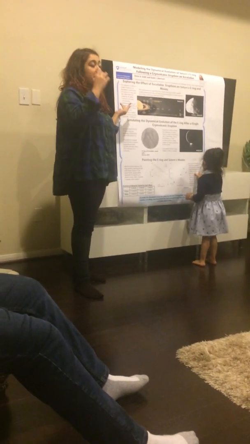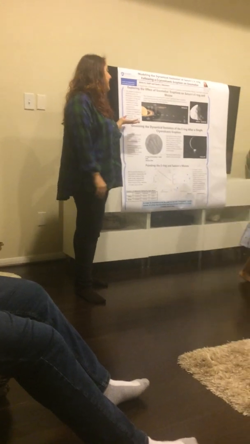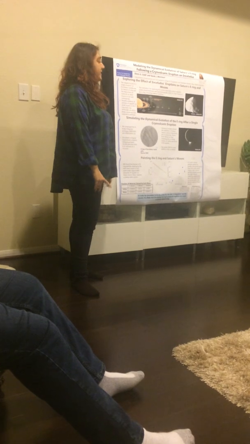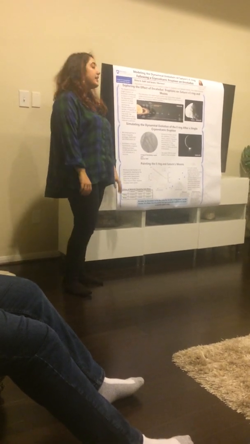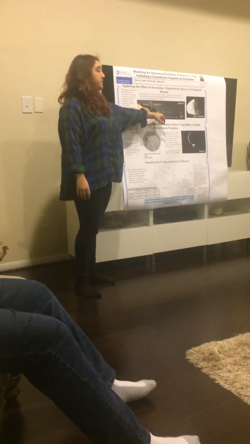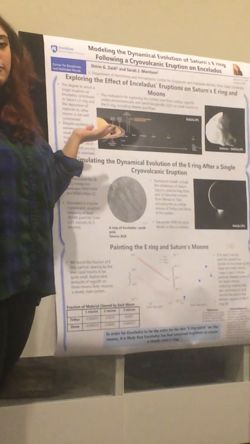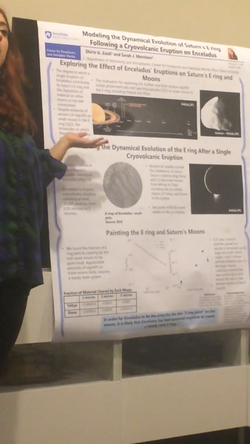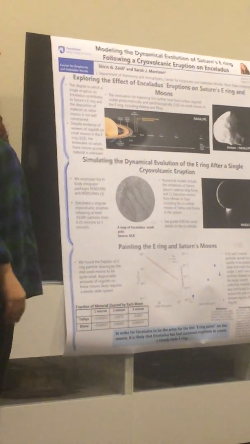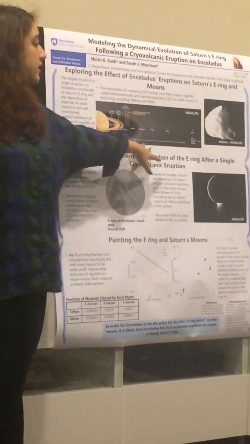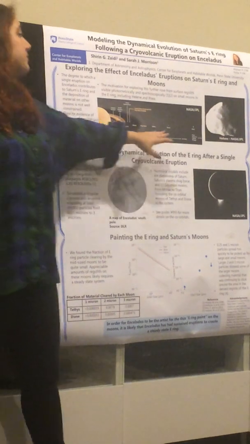My project has to do with one of the icy moons of Saturn, Enceladus. Enceladus is the sixth largest moon of Saturn, and it sits in the E ring, which is the outermost diffuse ring of Saturn. And the motivation for looking further into the evolution of this ring is because we noticed that there are several moons in the E ring, as you can see, with a lot of the smaller ones being